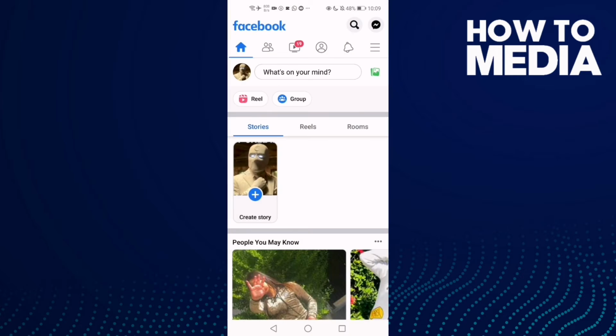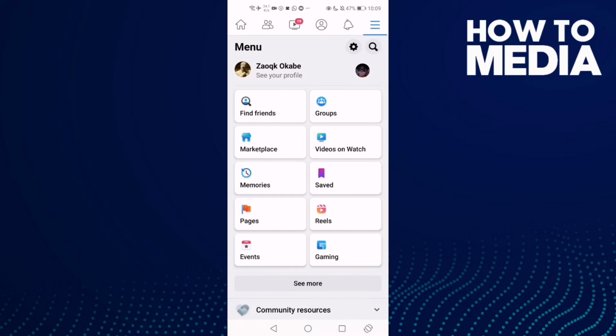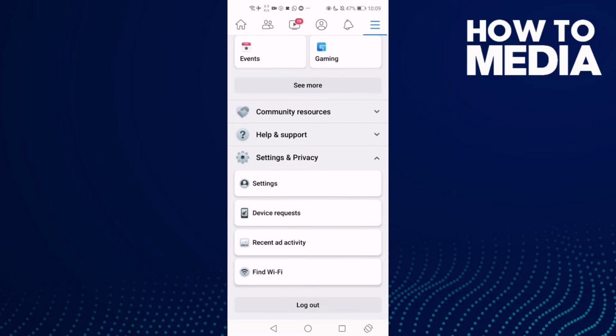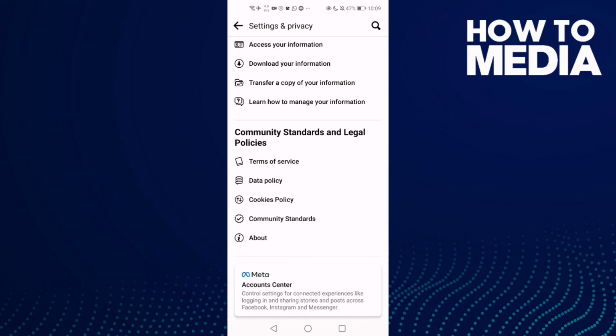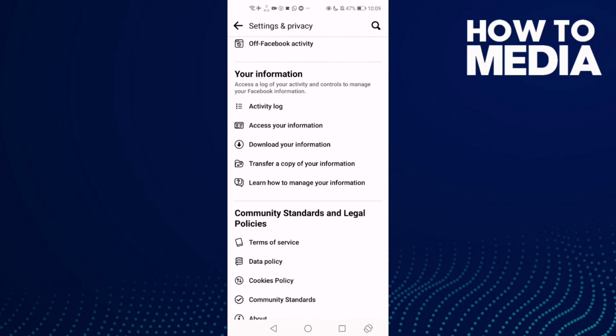First thing, go to Facebook and then click these three lines here in the top corner, and now go down into your file settings and privacy, and then here click settings, and now go down, and here you will find transfer a copy of your information. Click on it